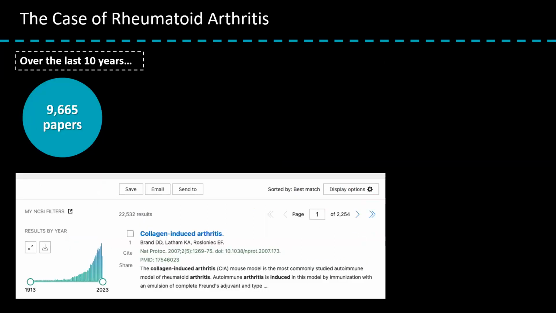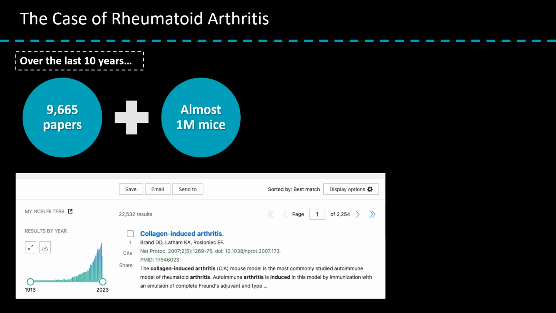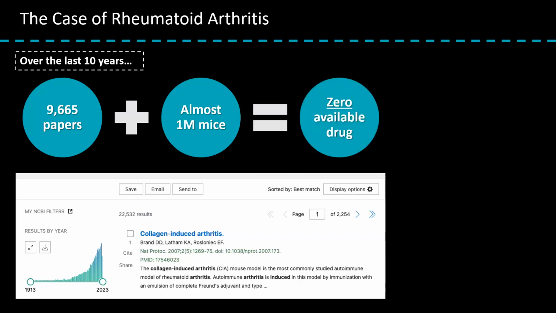I wanted to show you this really important example of a lab that came to us saying that they actually looked back at the work that they were doing. They are working on rheumatoid arthritis, and they looked at the publications of 10 years, and what they were really shocked by is that the about 10,000 papers published on this disease represent almost 1 million months of work, taking into account all the studies. It hasn't led to any drug approval. So this means that all that time and money and animal use has been for nothing,